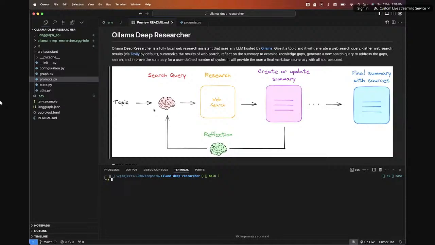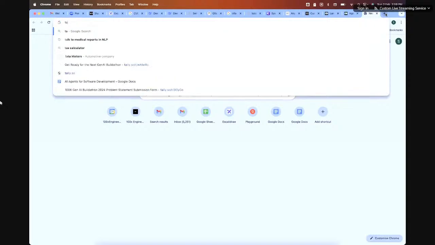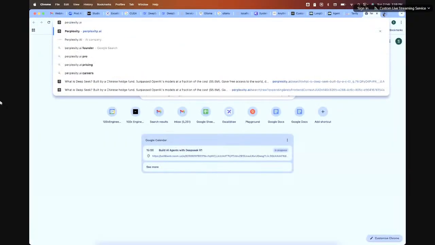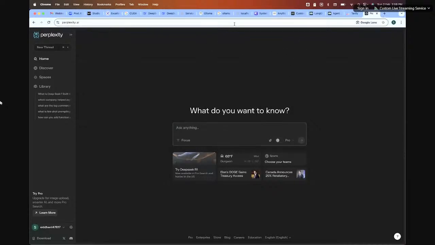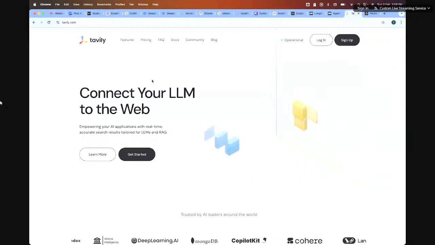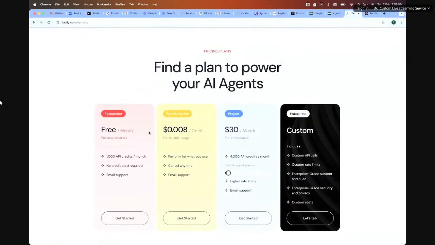So I have used here a search service called Tavily, this one. You have the option, either you can use Tavily, or you can also use Perplexity, right? I know a lot of people know Perplexity, and even the APIs for Perplexity are better than Tavily. The only problem is that Perplexity APIs are paid. So if you are somebody who just wants to test everything out for free, or maybe you're not ready to give your credit card details to Perplexity and then use their APIs,